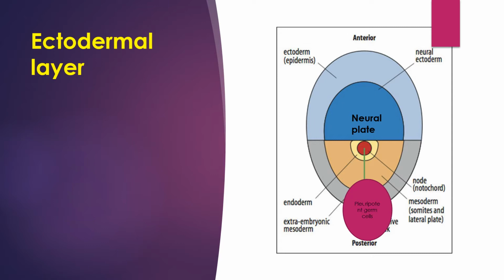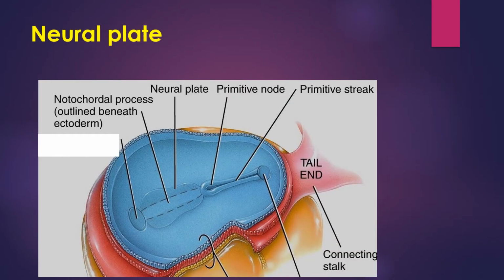This ectodermal layer alone is going to differentiate into three zones. The outer layer is the surface ectoderm. In future this is going to form the skin. Then the central part is called the neural plate or medullary plate, the second one. And the third one, towards the caudal end, is the pluripotent germ cell. So these are the three zones. This neural plate is going to form the central nervous system in future.